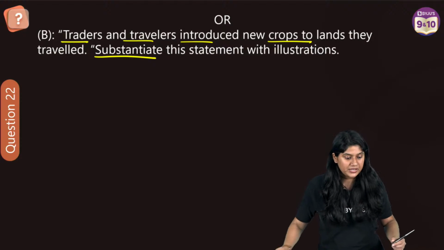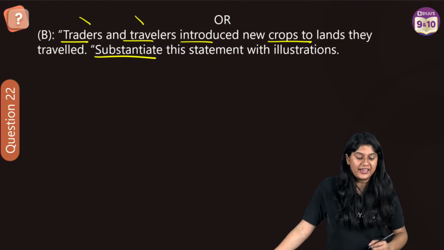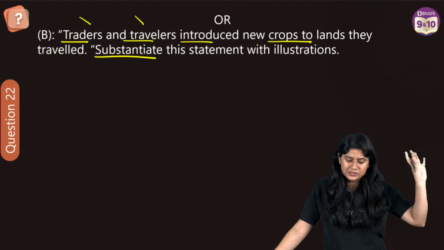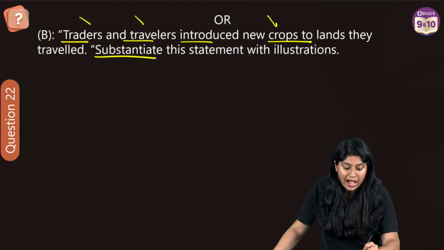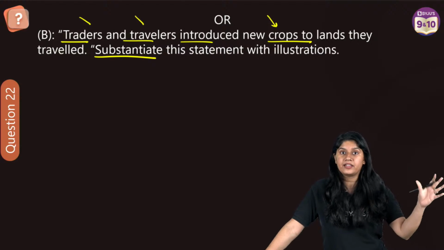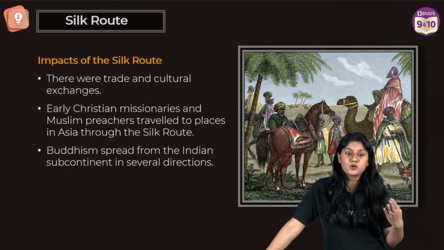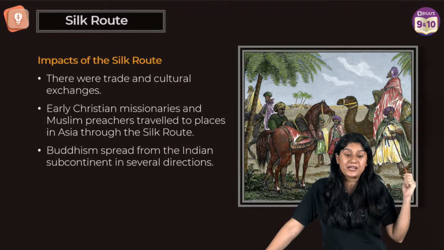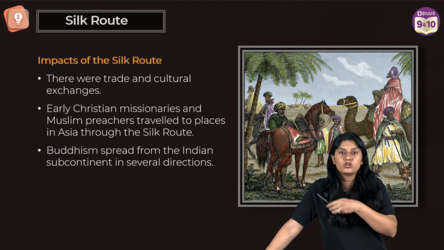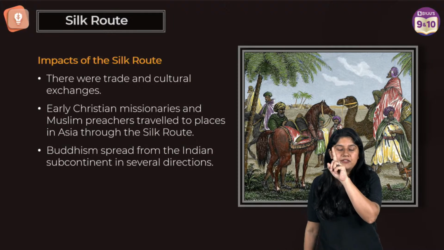Awesome, awesome. Yes, trade and travelers. We know that when traders and travelers moved around in those times, right? They would have introduced new crops to the land they were traveling to. So of course we have the proof, right? We have the proof of potato, we have the proof of spaghetti, noodles. So noodles traveled, right? The noodles traveled from the